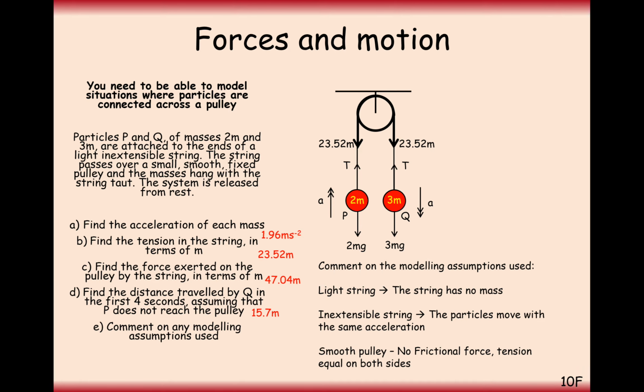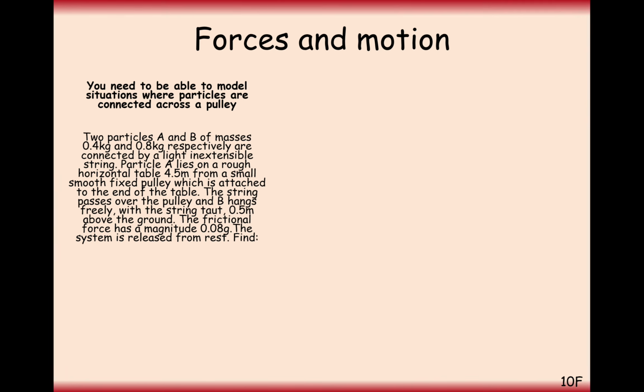Okay, so that's how you do that type of question, where we've got two particles connected over a smooth pulley. What we're going to look at now is a similar problem where we've got one particle that's resting on a table and the other one that's hanging down from the table effectively. So we have two particles here, A and B, of mass 0.4 and 0.8 kilograms respectively, connected by a light inextensible string. Particle A lies on a rough horizontal table, so there's going to be some friction there,